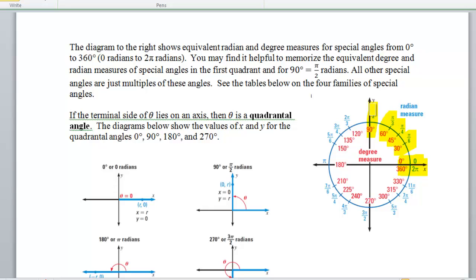The first quadrant worth of angles, so 0, 30 degrees, 45 degrees, 60 degrees, 90 degrees, and their radian complements. Of course, you should know 180 is the same as pi, and then 270 is the same thing as 3 pi over 2, and then of course finally 360 degrees is 2 pi. Now that gives us all of our quadrant 1 measurements and what we call our quadrantal measurements, our angles that are on the axis, the x-axis and the y-axis,